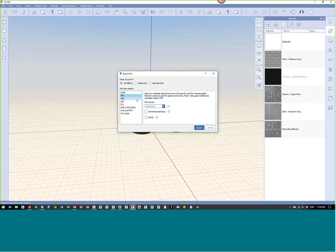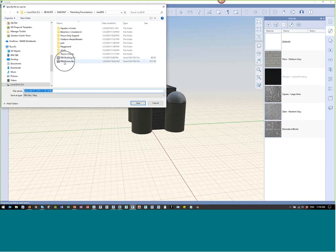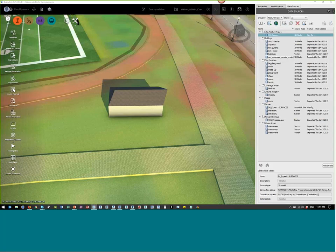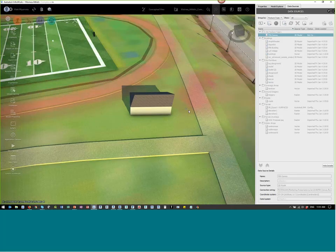So I just do an export FBX for all of the objects in my model. And then I call it the FBX with domes, and save it there. When I'm back in Infraworks, I can just go ahead and add another 3D model. Oh, clicked on Access by mistake. Hang on one second, sorry about that. Go ahead and access my 3D model. It's going to show up as my building. It hasn't been designated yet, so it's a 3D model but not configured, so there's no feature type. So I double click on that to assign it as a building and then interactively place that in the drawing